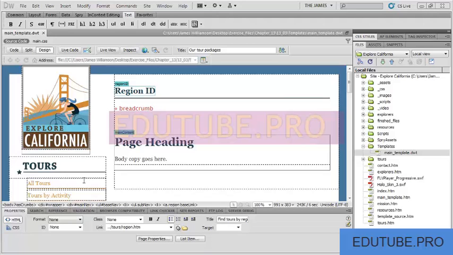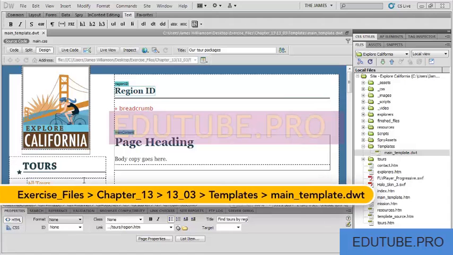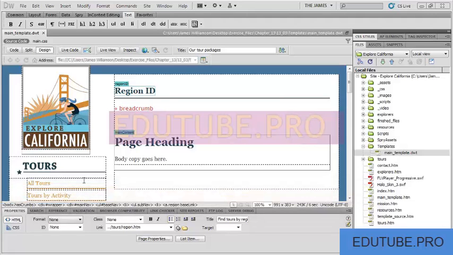There are going to be times that as you plan your templates, you may have elements on the page that, although they have certain attributes which change from page to page, the entire element itself stays the same. This could be the source of an image or the destination of a link, things like that. Well, in these cases, instead of making the whole element an editable region, you can simply make the attribute itself